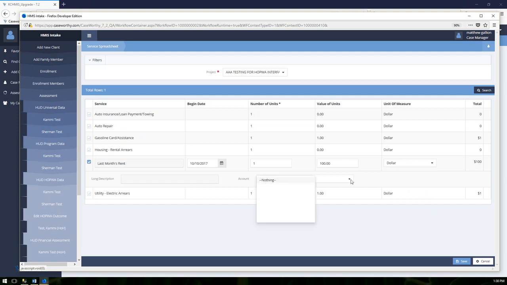The account, again, is not going to be utilized more than likely because you're not utilizing that functionality. And in the event that a specific agency determines that they ought to make their recording of service types more clear, they may elect to add a long description to the service during the setup, which would display here. So the purpose of this originally added to your specific database was to be able to help reduce